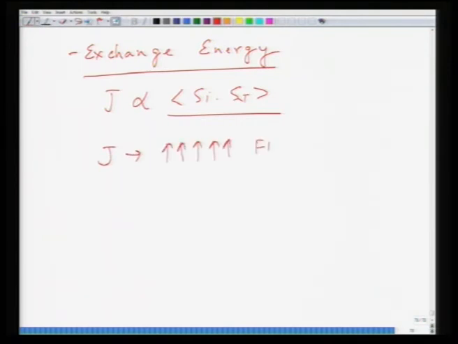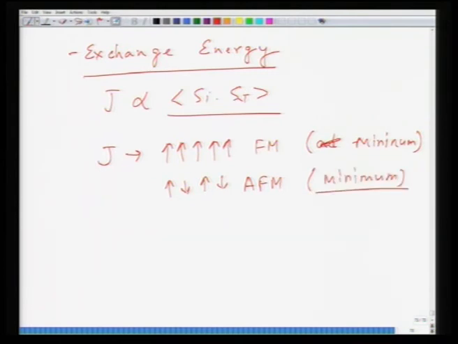in a ferromagnetic material, this J happens to adopt a minimum for a parallel configuration, but for anti-ferromagnetic materials, as we will say later, this J happens to adopt a minimum in the anti-parallel configuration. So, this J integral, which represents the exchange energy, plays an important role in the alignment of these spins in one direction. You can still call it an internal field, but it's not an internal field as such. It's this exchange energy which is because of alignment of spins, which is because of the product of these spin magnetic moments,